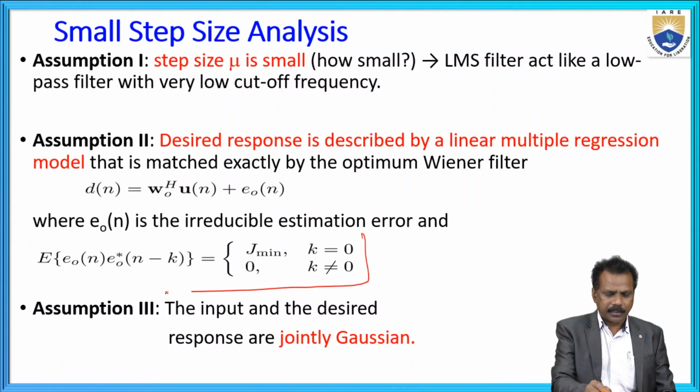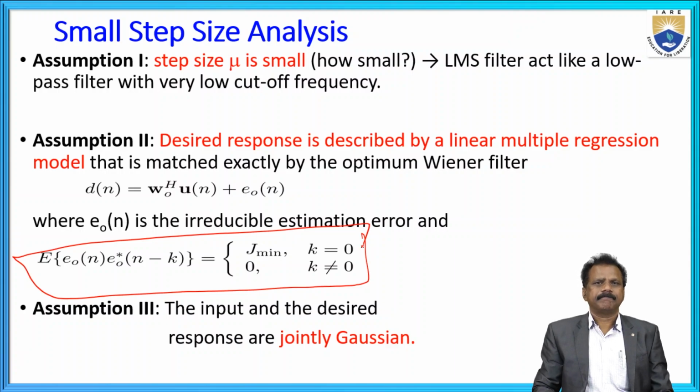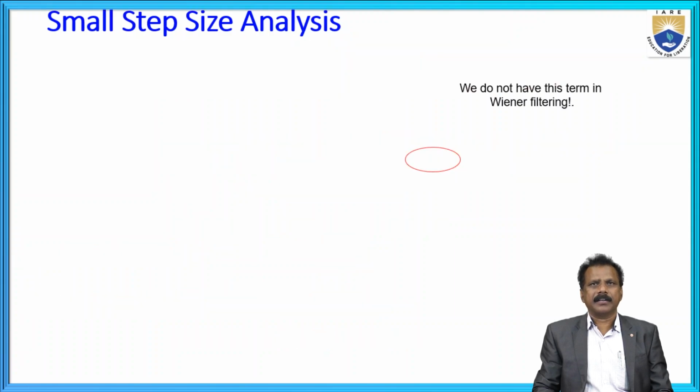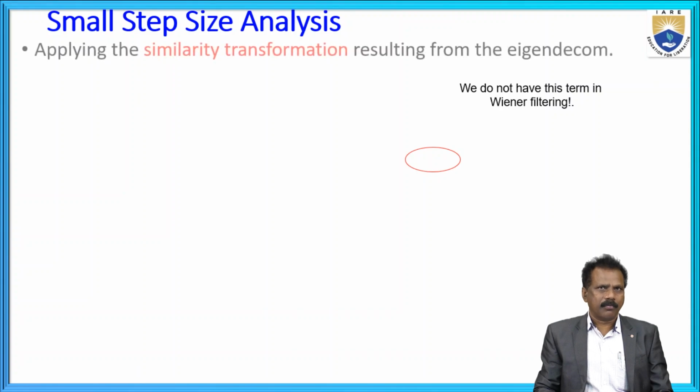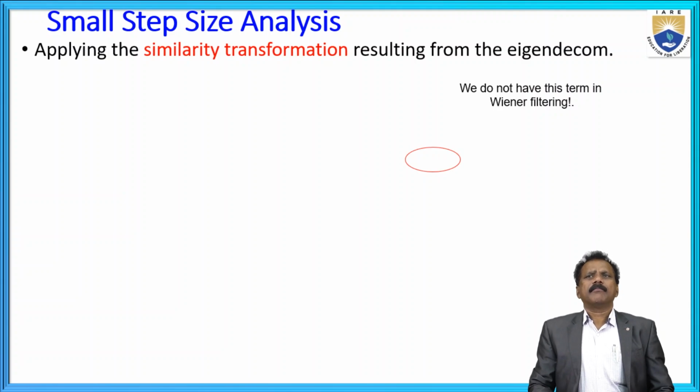Finally, you can use the term where E naught of n value. Third assumption: the input and the desired response are jointly Gaussian. Here, we go for small step size analysis. Next, applying the similarity transformation resulting from the eigen